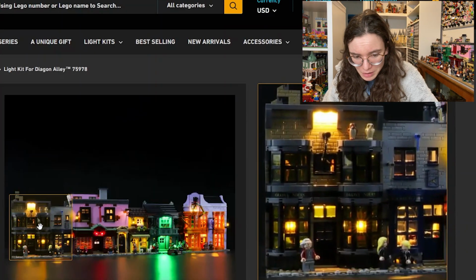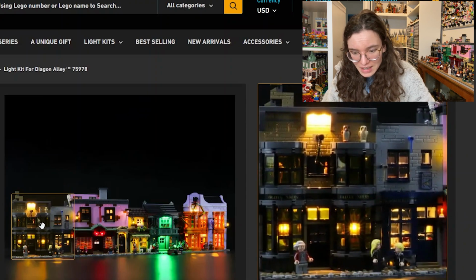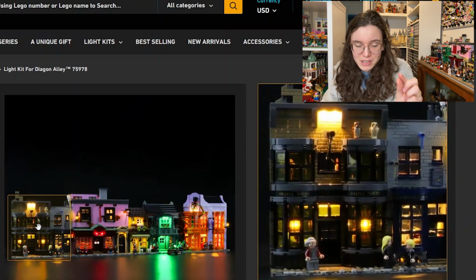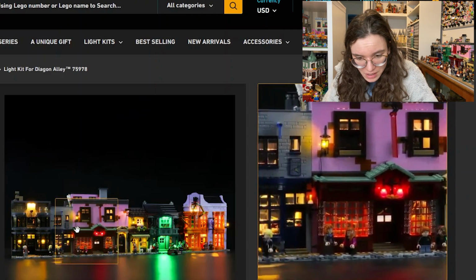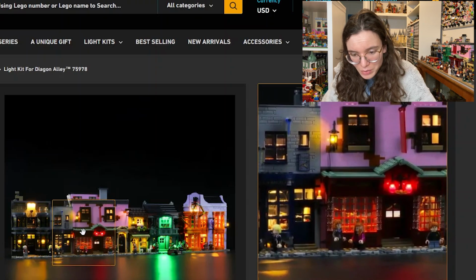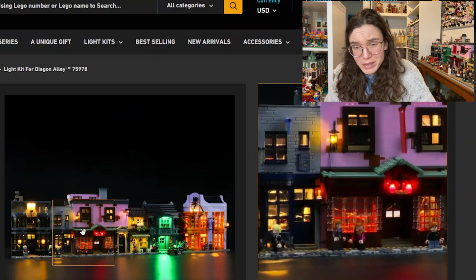So I went straight up. I think this looks really good. It has that light in Ollivander's above the sign, which I really wanted. They have some light up elements, some of the actual lanterns are lit up, but you can see here on the Quidditch set building, you can really obviously see a cable,